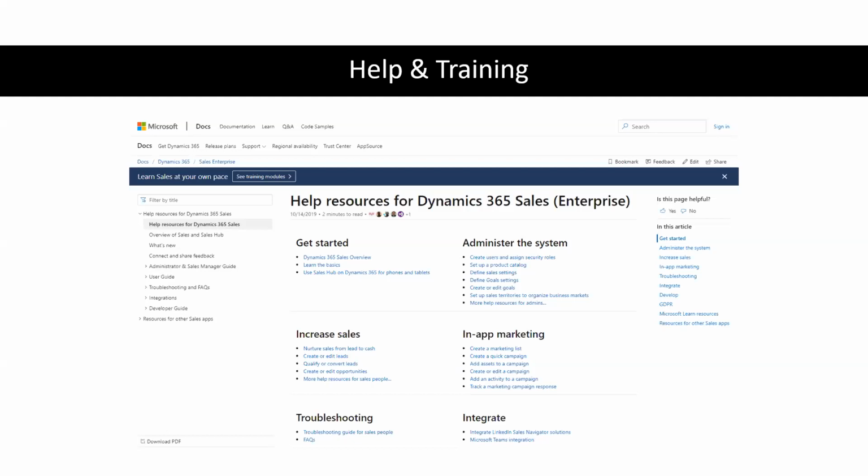The documentation has gotten much better in the past few years. They've really put a big focus on it. For one thing, everything got moved into docs.microsoft.com. This is the Dynamics 365 Sales Enterprise help homepage. So you can find stuff starting there. So start there when in doubt. There's also other places within Microsoft to get training that may be part of your subscription and may be free. There's again, third parties out there, like Pluralsight has courses, other people like that. So always look around, there should be something for you to consume.